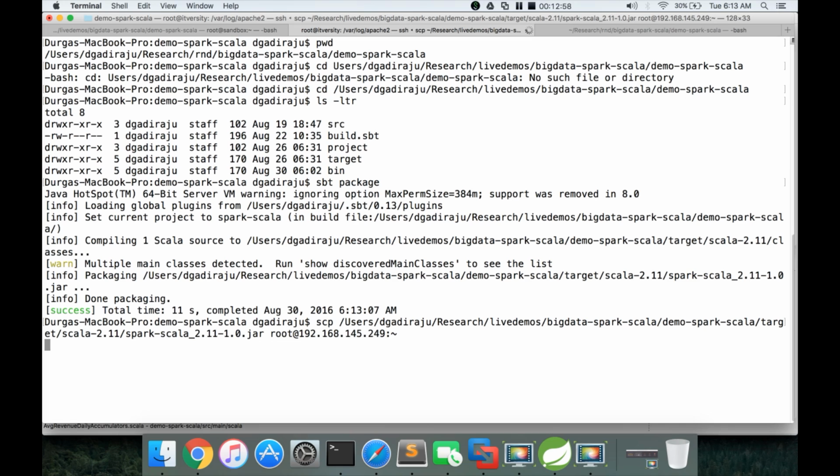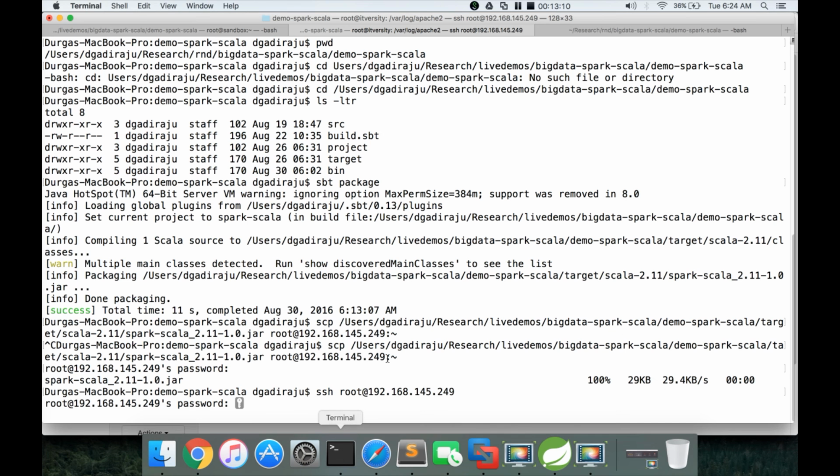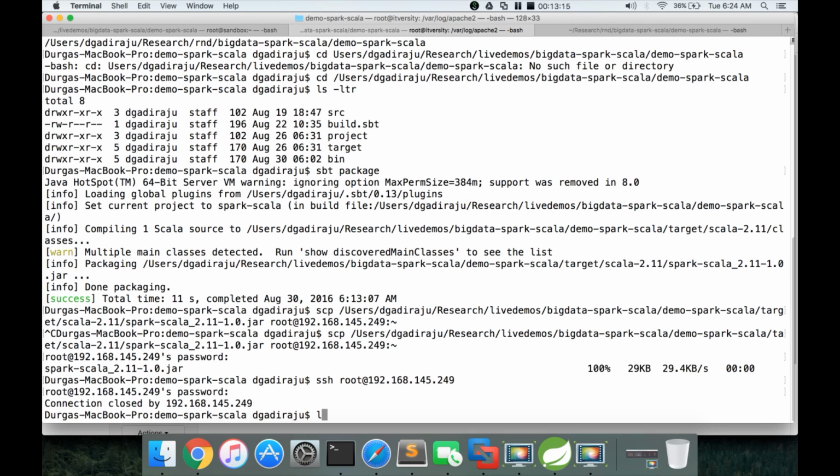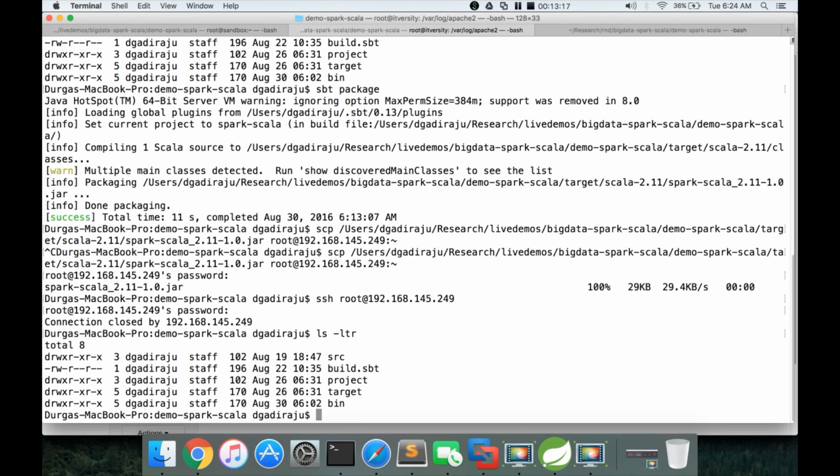Once it is done, we will be running on our remote machine and also see how we can view the counters from the web interface also. So now it is shipped, and I am trying to log into the cluster. Okay, let me try it again.